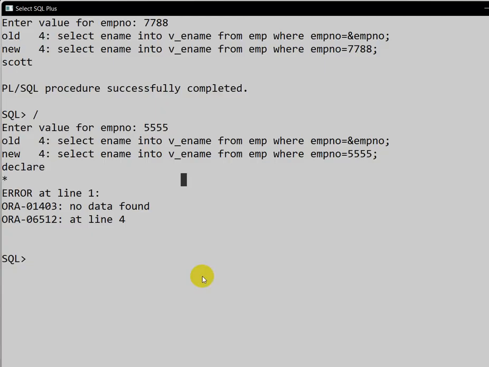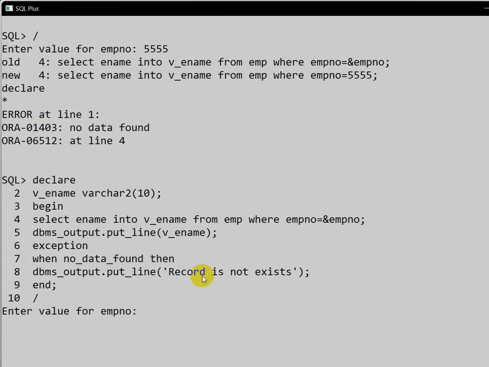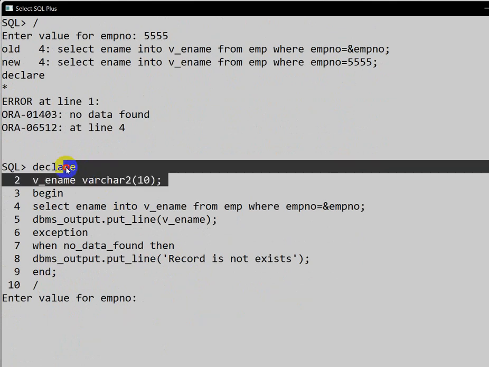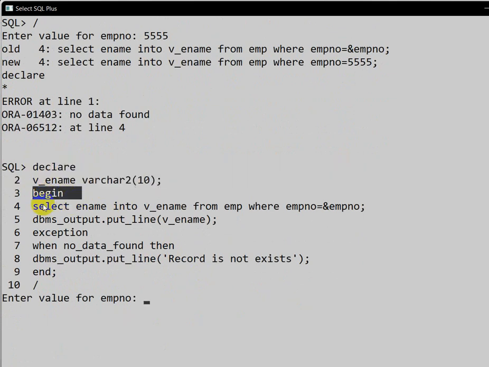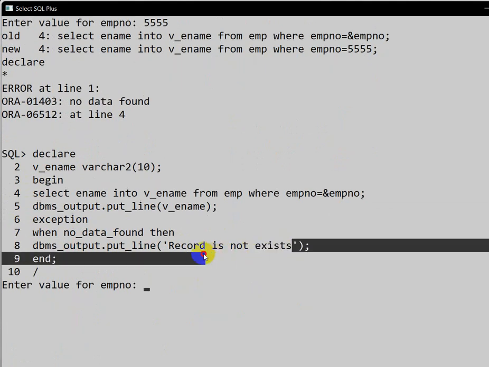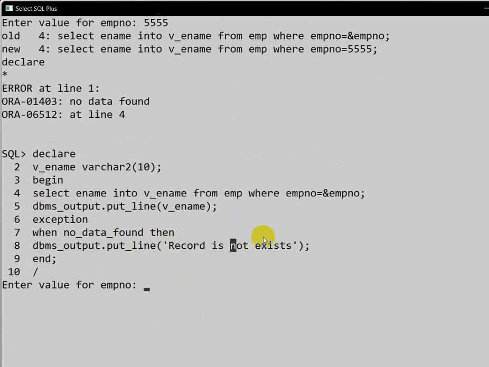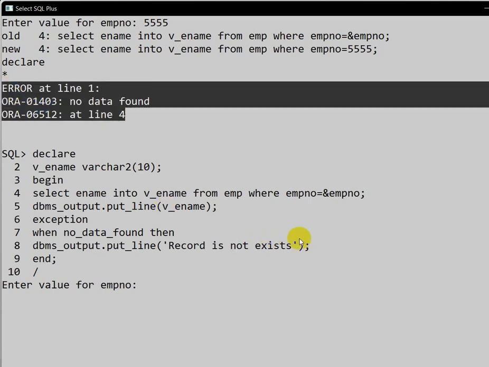Go to SQL Plus, and here the declaration block is common, then start of execution block, but after that we are writing the exception block. In the exception, when no data found, then what we have to do, we will print this message, record is not exist. That means we will not get this error, we will get this line.